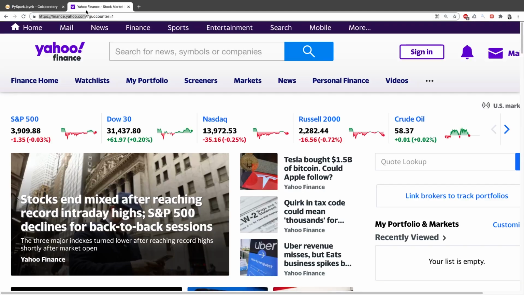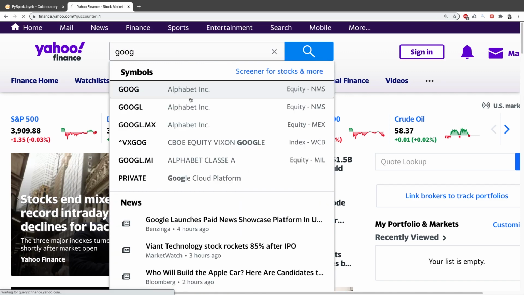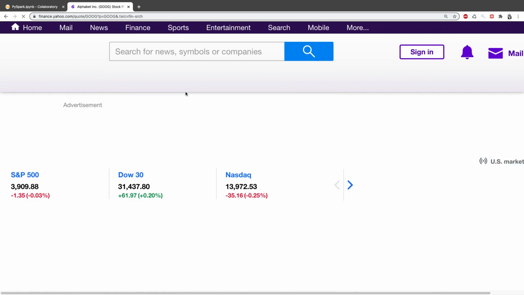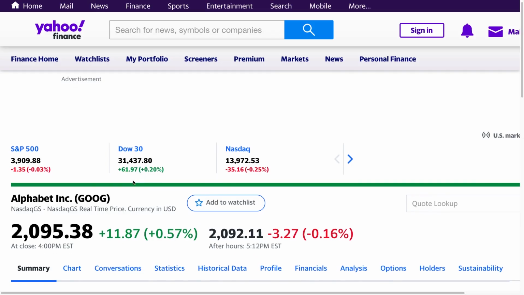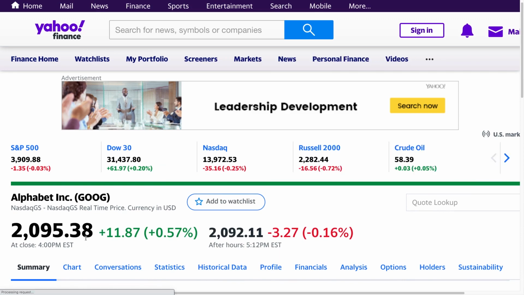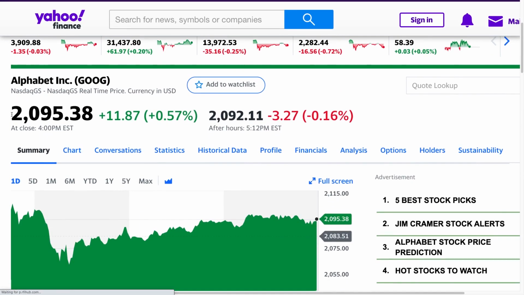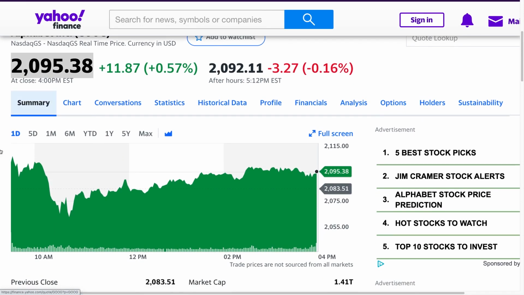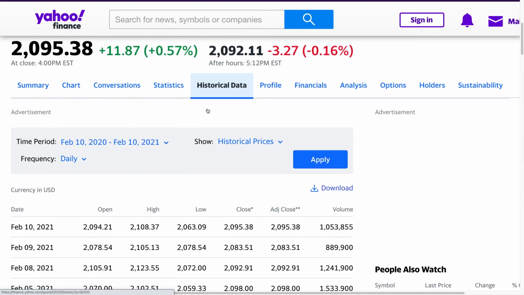So let's visit finance.yahoo.com and search for any stock you want. I am going to select Alphabet stock, which has the symbol GOOG. Once you've visited the page for that exact stock, you can see all of the information about the stock, such as its current value and its history. We're going to click on this tab, Historical Data, because this is what allows us to download a CSV file